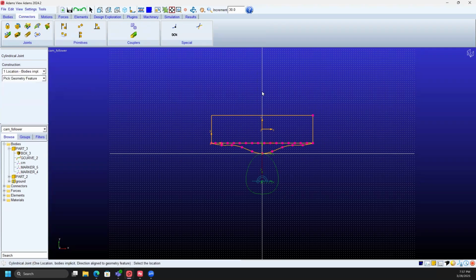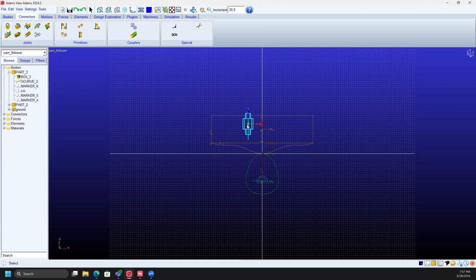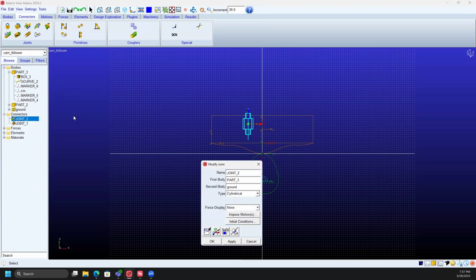Click on part 3, which is this one. Move your cursor in the positive Y direction, and then it should create a slider right here. You can go to connectors, joint, modify,